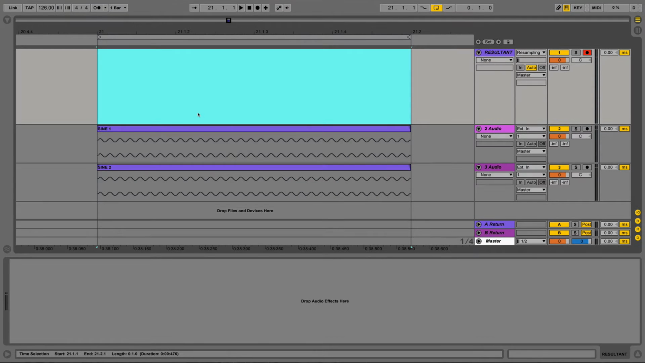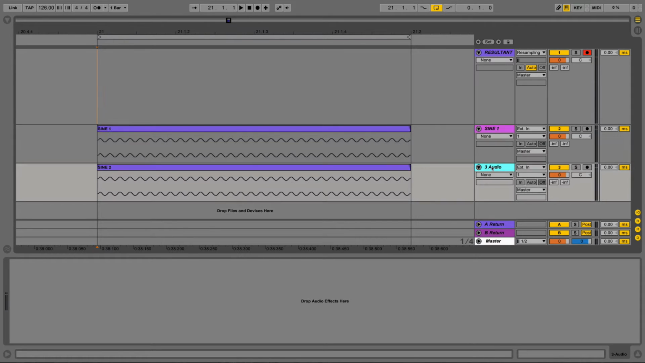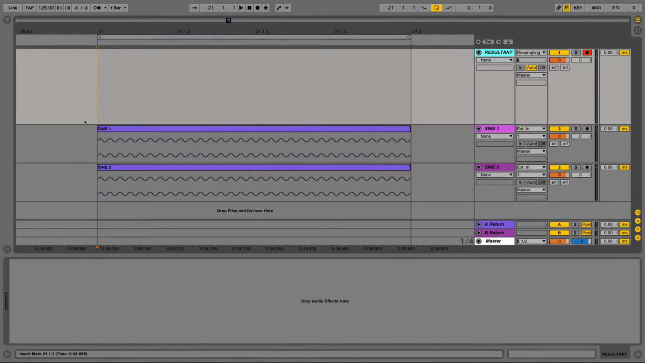So to understand phasing, we've got this little project here, and if I just press record, what it's going to do, just so you can see, I'll just rename these Sine 1 and Sine 2, and they're identical and they're exactly in line with each other. And this is resampling. So all this is going to do is record the 2 sine waves. So if I just hit record,